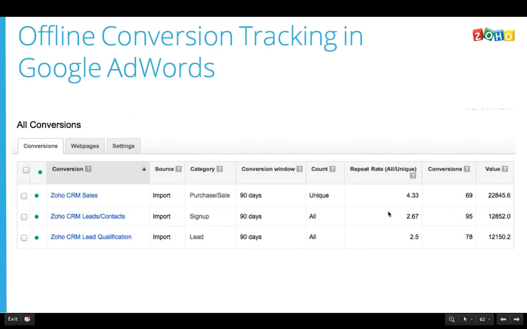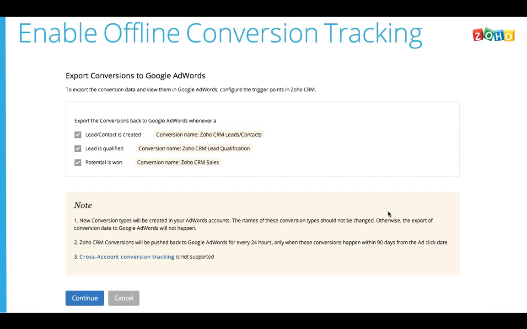Now, you can choose which particular data you want to send back to Google. As of now, we are giving just 3 options. These are the names that we have mapped to the system so that there isn't any issue; these are the 3 fields that we have mapped with the Google system. Yes, you can edit them, but we strongly urge you not to, because if someone does edit them, there is a breakage in the data transfer. So we recommend that you do not edit these names at any point in time.